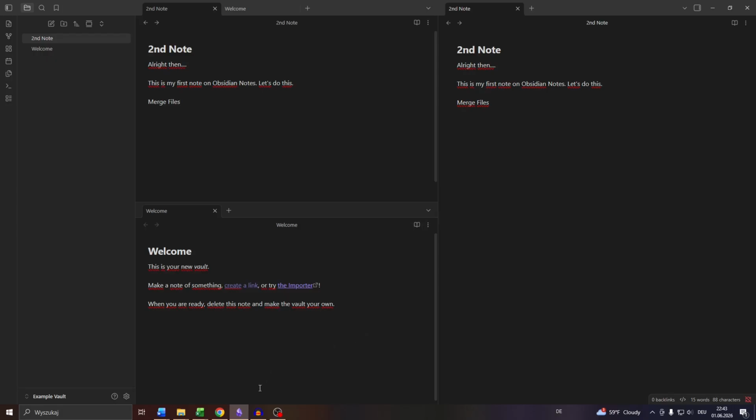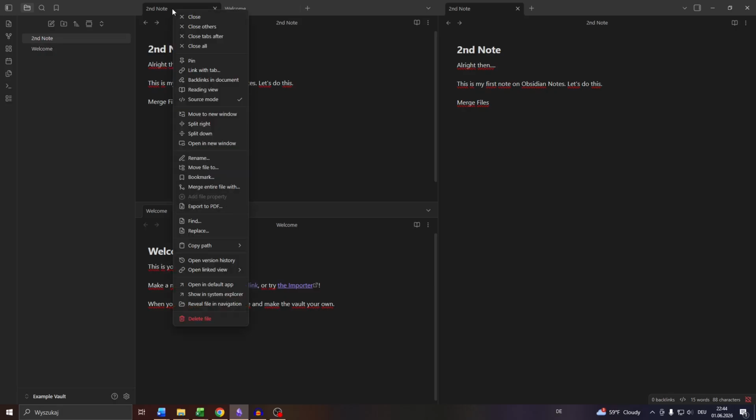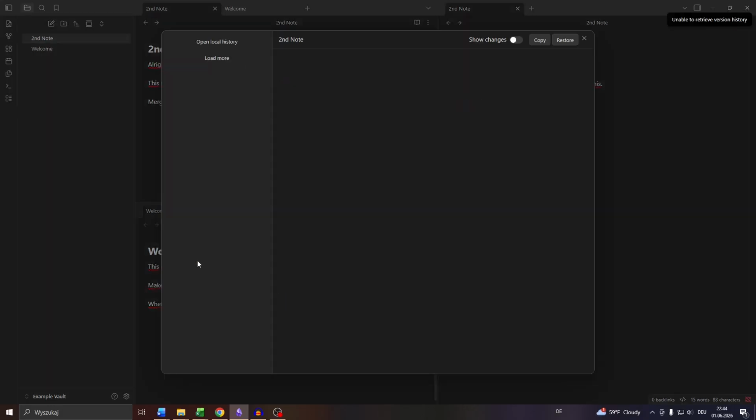Head over to the Obsidian Notes application, select your vault in the bottom left. Next, what you want to do is open one of your notes here on the left hand side in a new tab. And here what you want to do next, guys, right click into the given tab of the note. And from there navigate to open version history here, right? Left click into it and then